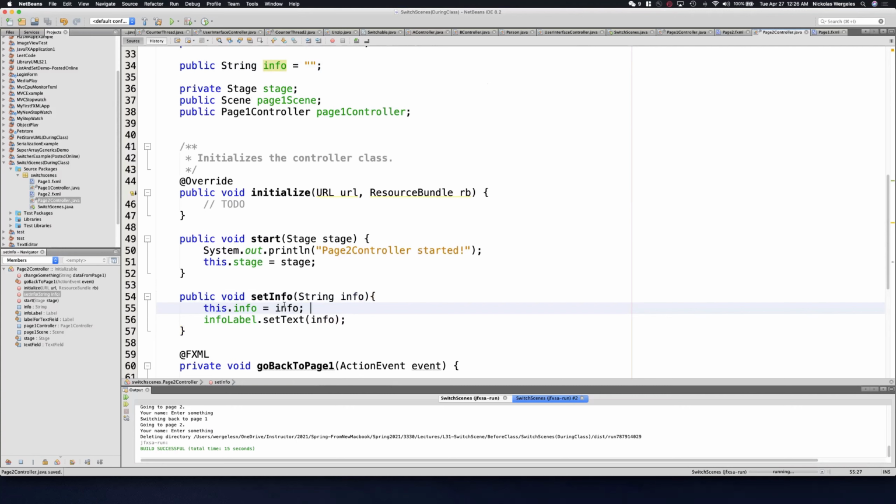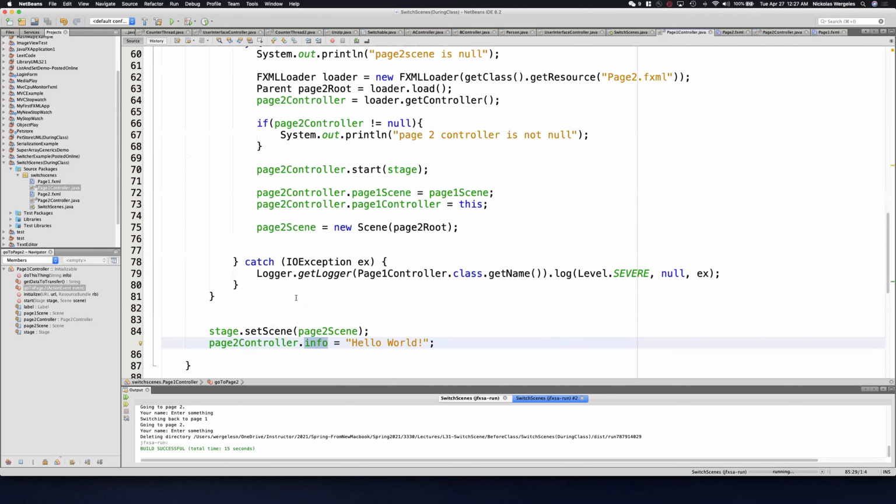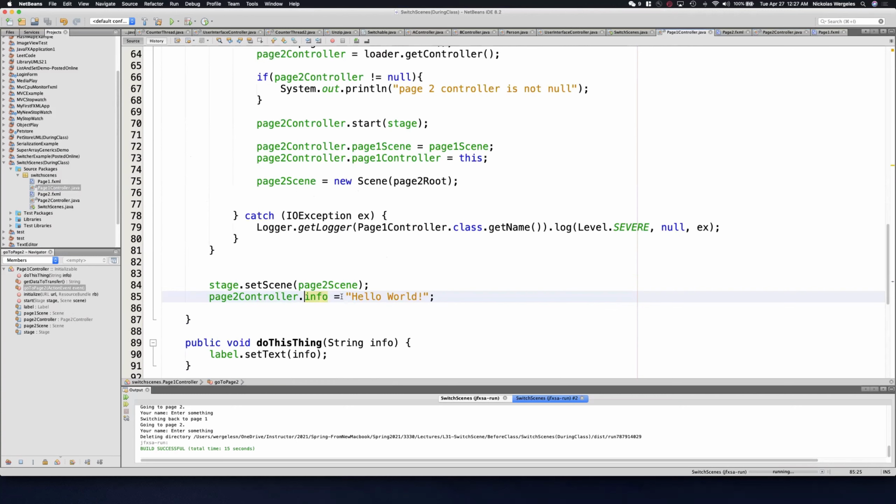That way, if we need it in other places, we can also use it, and then it should set the text. So if I come back to controller 1, I'm going to call the setInfo, which is actually a better way to do it instead of just hard coding a variable. You want your variables to be private. So this is actually a cleaner way to do it. So if I run this,